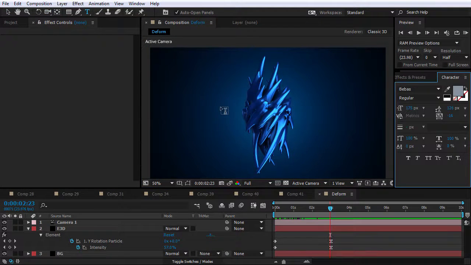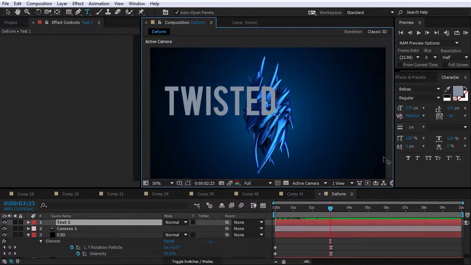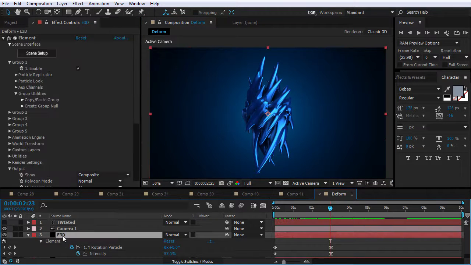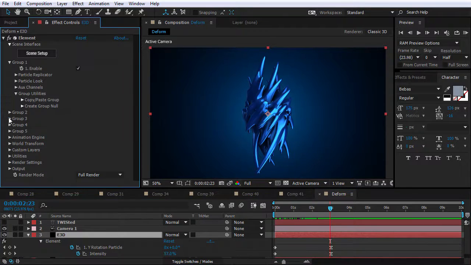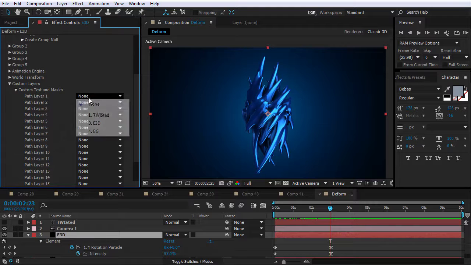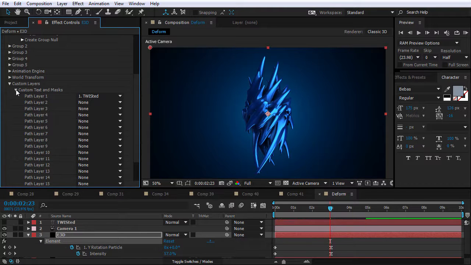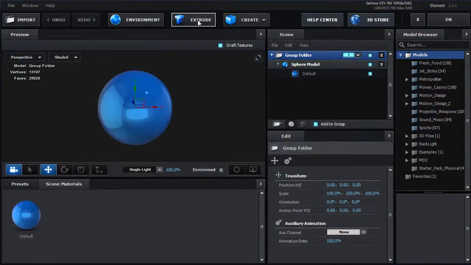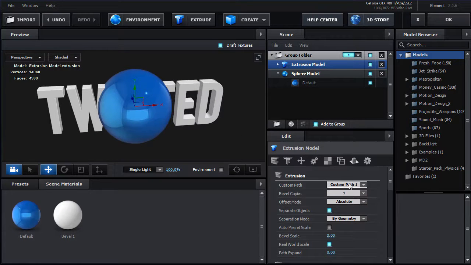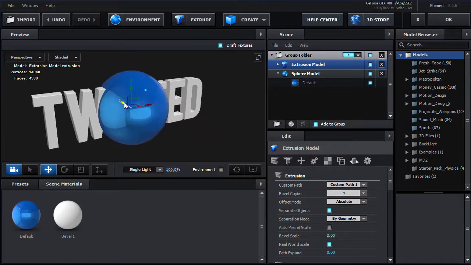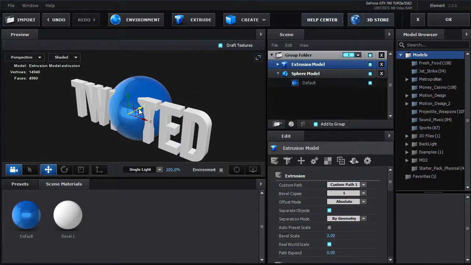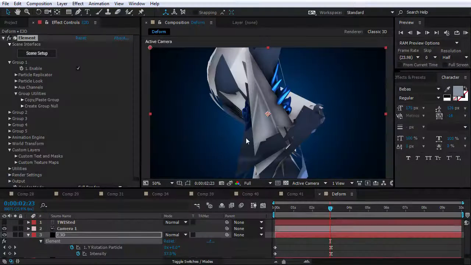Now, it might be fun to add a quick title, so we could just type something in here, and we'll turn that off, and then go to Element 3D, and then we'll scroll down to the Custom Layers. So open that up, Custom Text, and we'll select the Twisted Text. So now if we jump back into the scene setup, we can go ahead and extrude that text. Here we can see the path is selected, custom path number 1, and we've got our 3D text. Now, what's going to happen if I hit OK right now? Well, let's find out. We'll hit OK, and